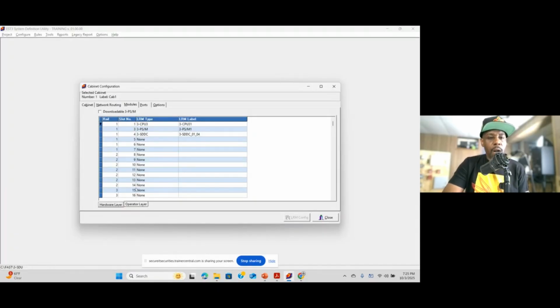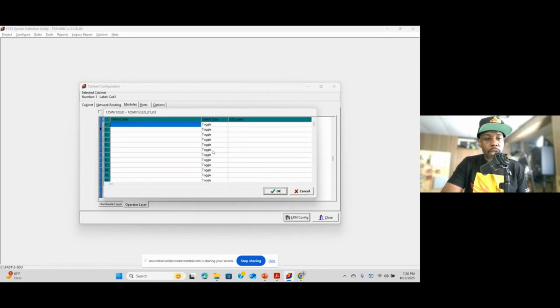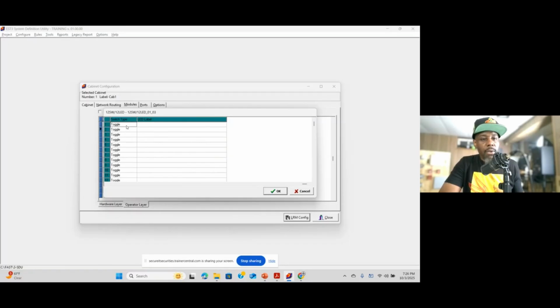So now the hardware layer, like I said before, is our cards, the loop controller. We're going to connect to the loop controller with our laptop and the serial cable. That's the hardware layer. But on the operator layer, this will be our switches. So we can add 112 LED, one switch. Here, all on the left side is toggle, all of our LEDs, that's all of our switches. So now we have toggle, interlock, and momentary.